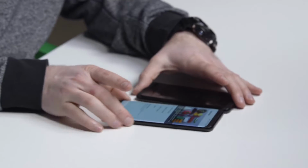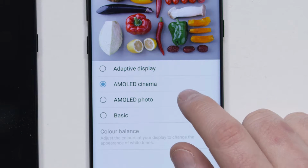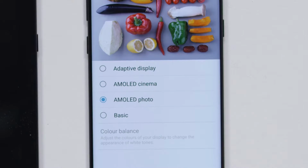Oh, this is kind of cool. The adaptive display. This again allows you to optimize the color range, saturation, and so on. Select from these options here: AMOLED Cinema, which is a slightly warmer tone, AMOLED Photo,